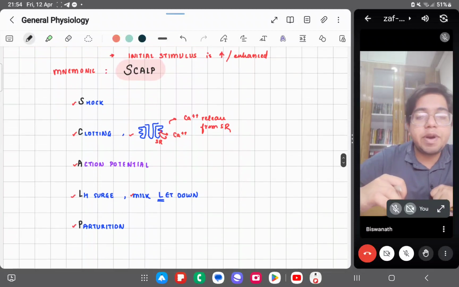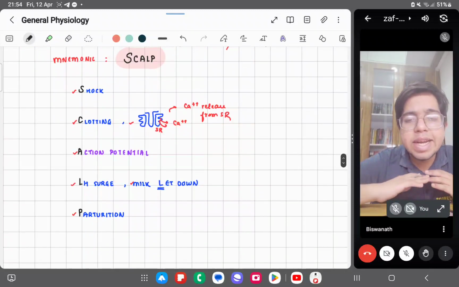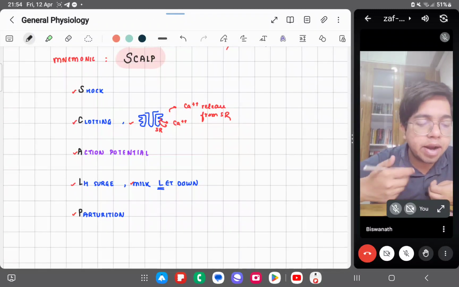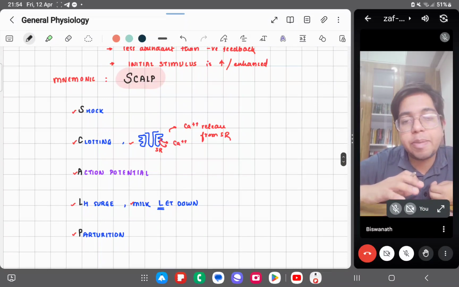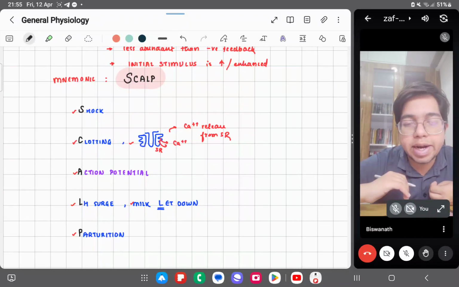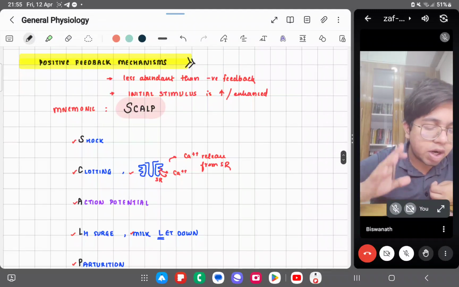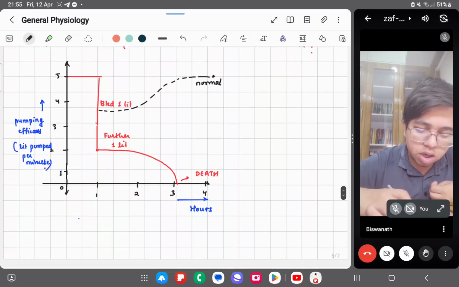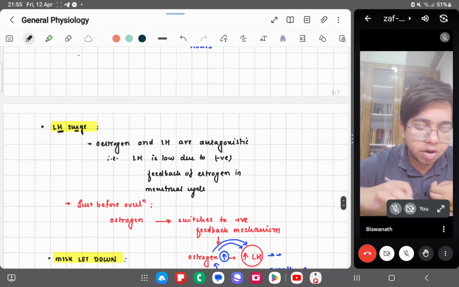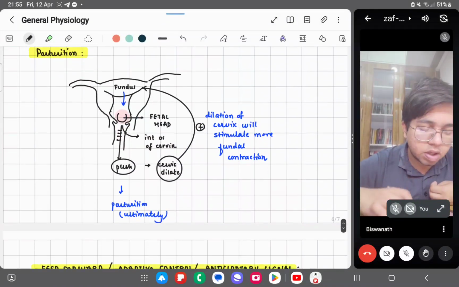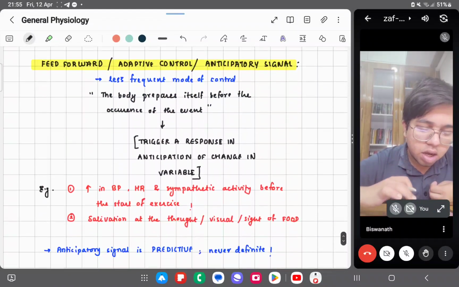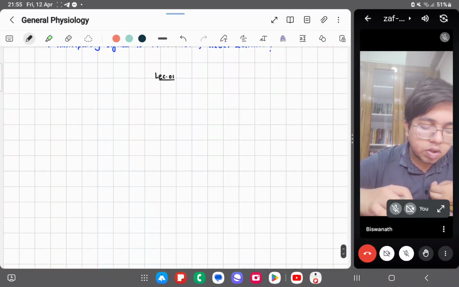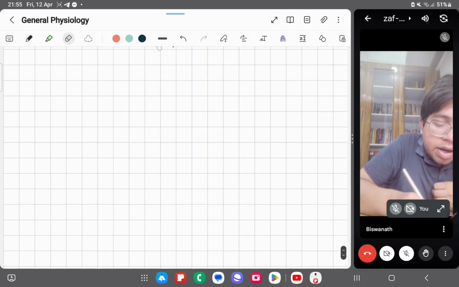We talked about positive feedback mechanisms in detail. Negative feedbacks are maximally present, so we don't need to talk about that. Positive feedback is few in number as compared to negative feedbacks. We talked about positive feedback and mnemonic scar. We talked about shock. We discussed this diagram from Guyton and about LH surge, oxytocin. I told you parturition. At last, we talked about the feed forward and the adaptive control. So this was your lecture 1, and in today's lecture,